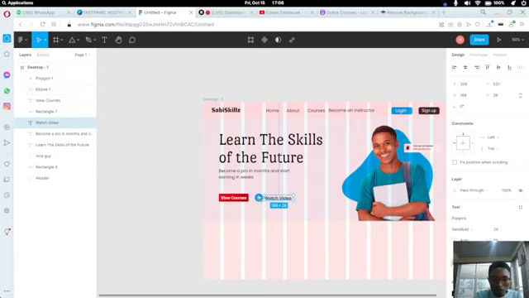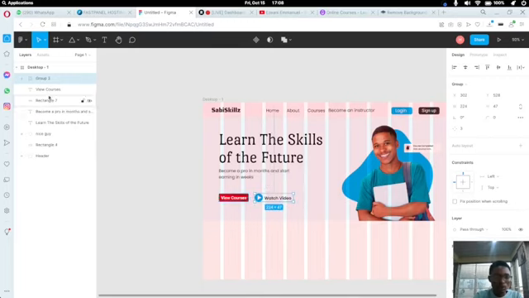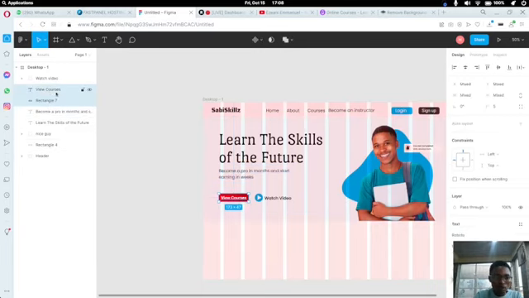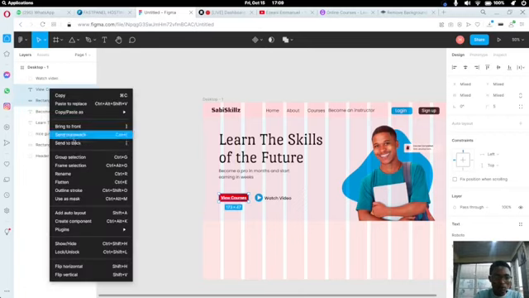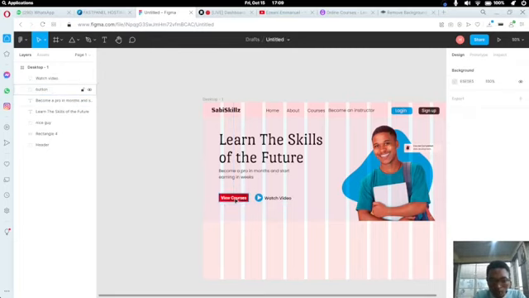But firstly I would like to group them. Group section, watch video. Then this other one I'll group it as well. Free courses. So I'll group it as well. Button. I'll just make a button. I can reuse the button anytime. In fact, let me make it a component. Alright, so now I can drag